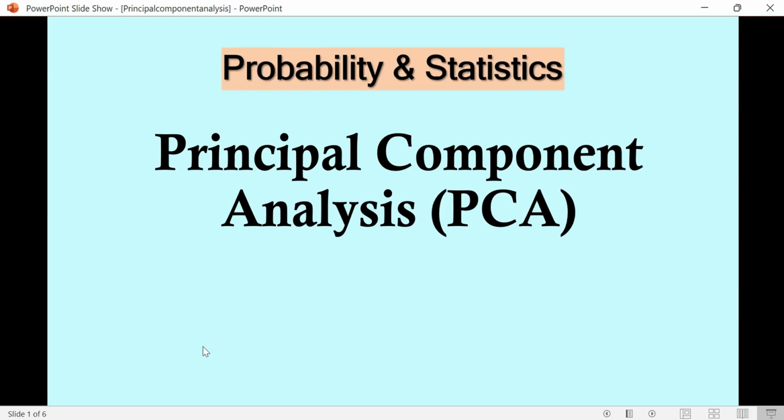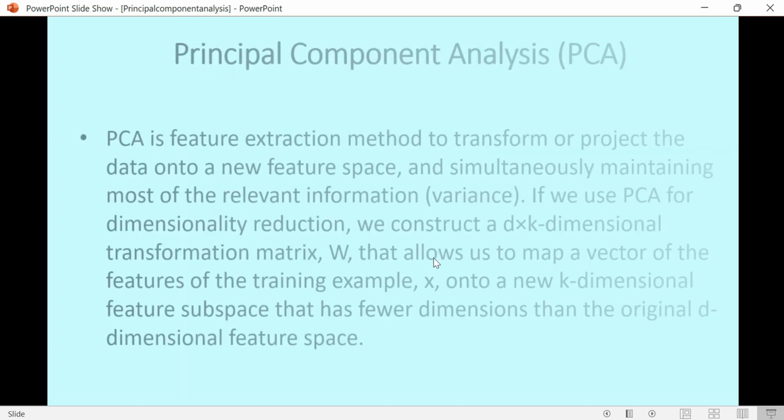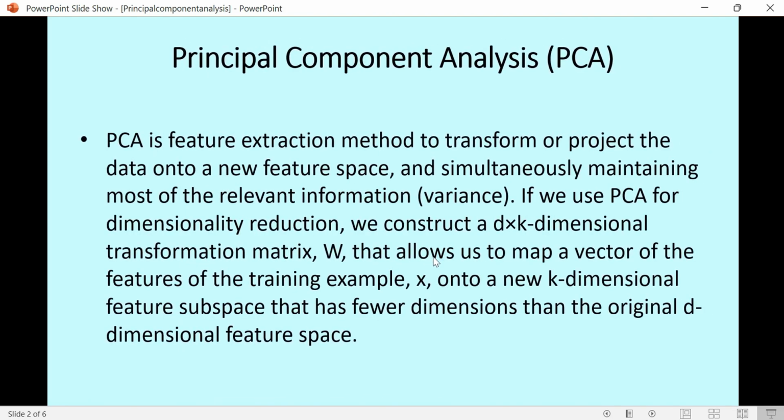Hello, in this video we will talk about principal component analysis. So principal component analysis, also called PCA, is a technique that is widely used to transform data to a new dimension. So for example, the original dataset has 13 columns for the 13 variables, but in, for example, machine